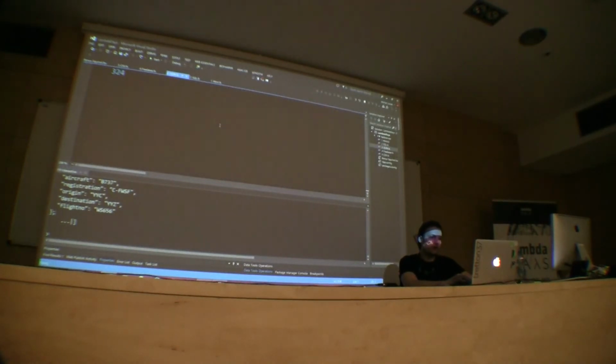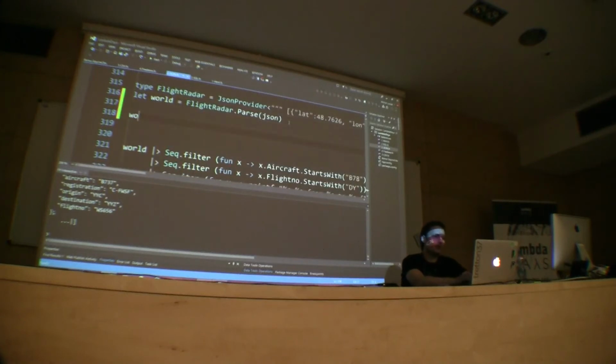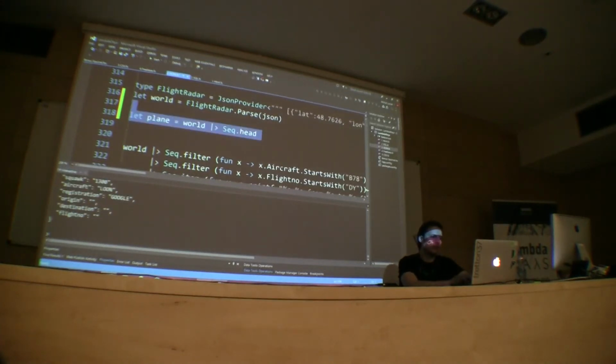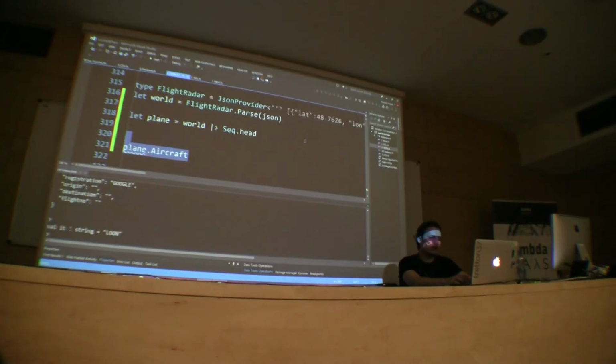Now we can do stuff like querying through this. Like let's just try to get the first element from the sequence, if we get anything at all. Yeah, seems like we get something. We can see which aircraft this is.